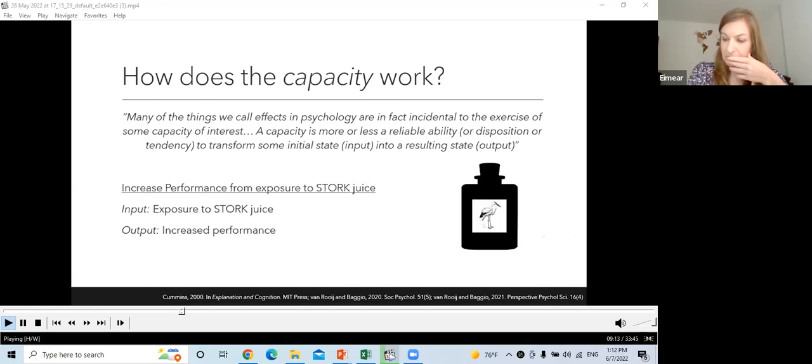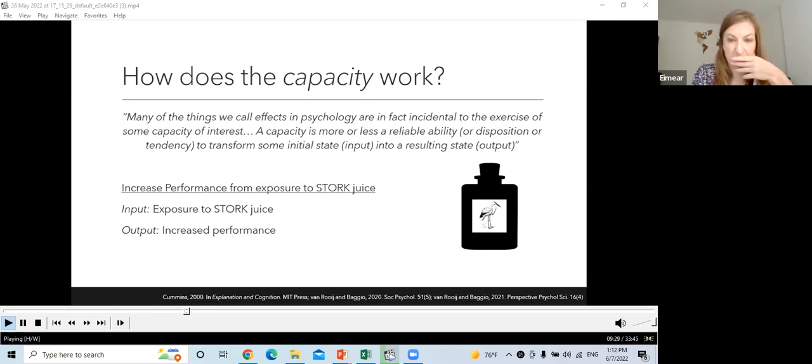So to give the example of STORK juice, the increase in performance from exposure to STORK juice is the capacity that we're interested in, that adaptability. The input is the exposure to STORK juice, and the output is increased performance as a function of that. But that could be implemented in a number of ways.